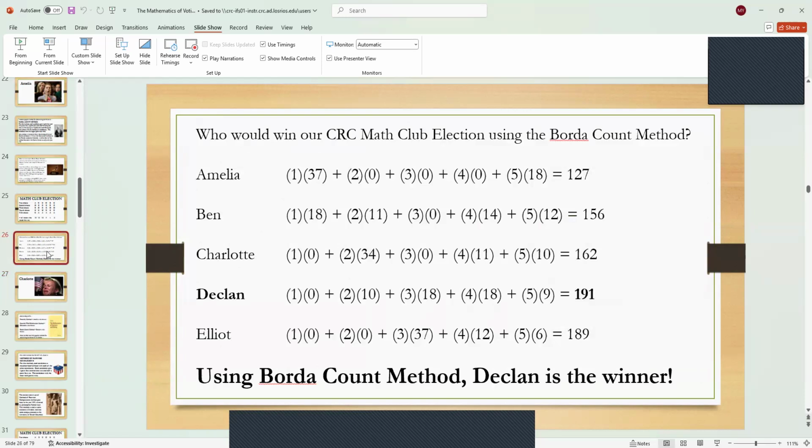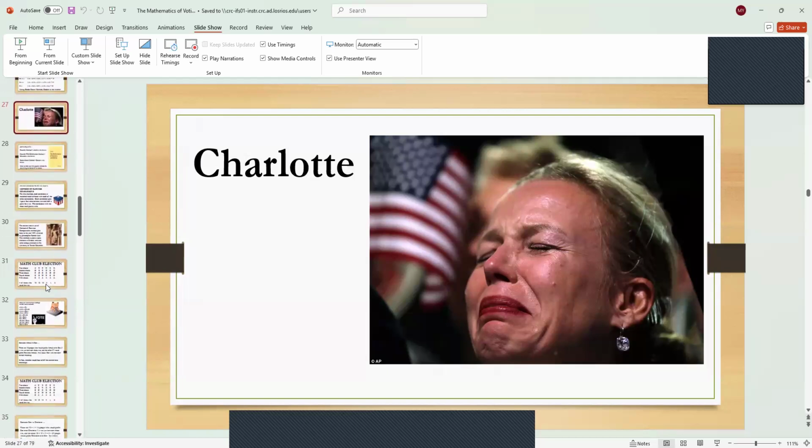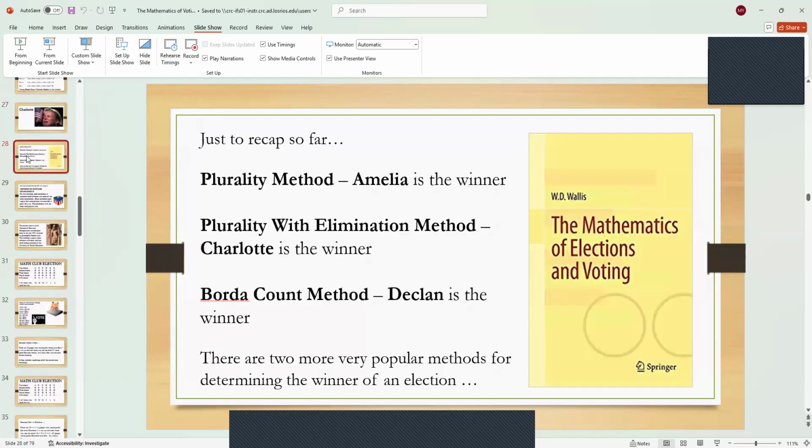Now Declan is the winner using Borda count. Charlotte is shocked. Let's pause for a minute and recap. So we've looked at three different